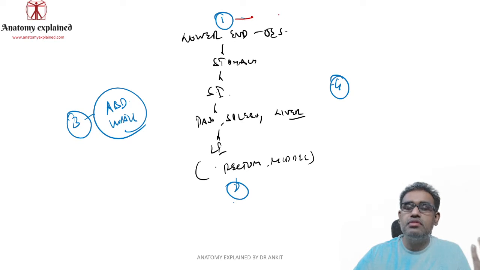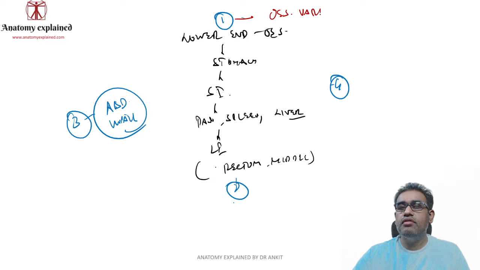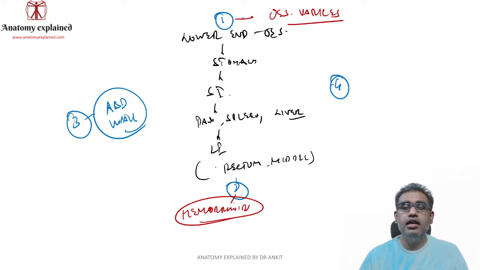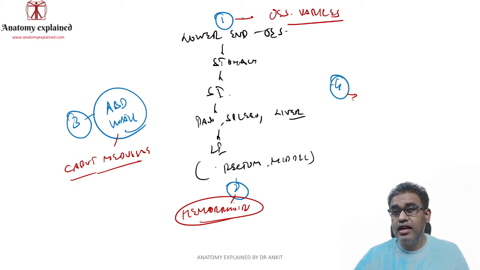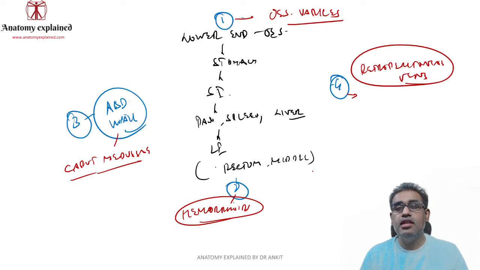So this is the lower end of the esophagus. Here, when it becomes clinically important, we call it esophageal varices or esophageal varix. In the lower end of the rectum, or the middle of the rectum, we call it anorectal varices, or we can simply call it hemorrhoids. In the anterior abdominal wall, when the portocaval anastomosis becomes dilated, we call it caput medusae, because it is shaped like a Medusa's head. And the last one, the least clinically important, is on the retroperitoneal side. There are a few dilated retroperitoneal veins. This is also clinically important, but not as much as the other three.